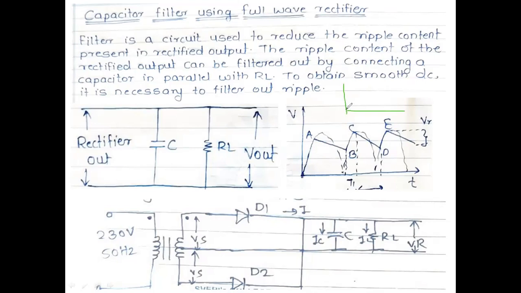Some part of it will come like this. Whenever the negative half cycle is 0, it maintains some value, again it will go, again it maintains like this, but it will not come to 0 either. During the positive half cycle it will increase and charge. During the negative half cycle, the capacitor will discharge, next it will increase, next it will decrease like that.